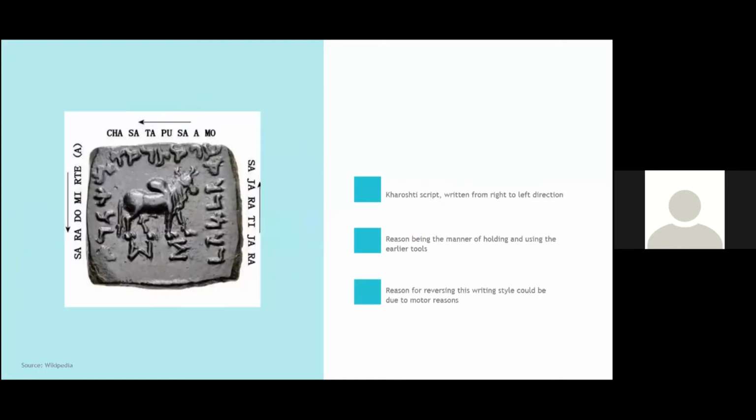At the time of rock inscription, there are samples of scripts that are available which are being written from right to left order, such as this Kharoshti. The reason of this inverted direction of writing could be possibly due to the way people used the tools, like holding the chisel in left hand and hammer in their right hands to avoid the risk of personal injury while hammering the chisel. Whereas the reason for reversing this writing style later after emergence of stylus and paper or leaves could be from the motor point of view, as if they would have been following the same direction, it might have caused the ink on the paper to smudge while writing.